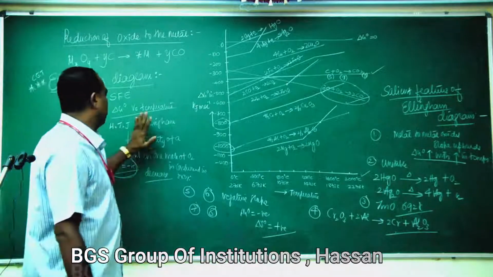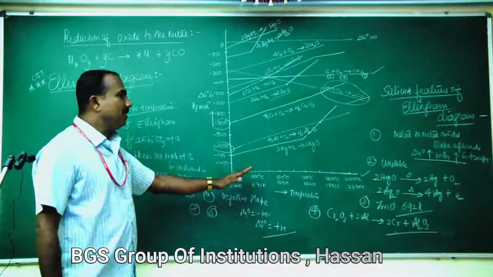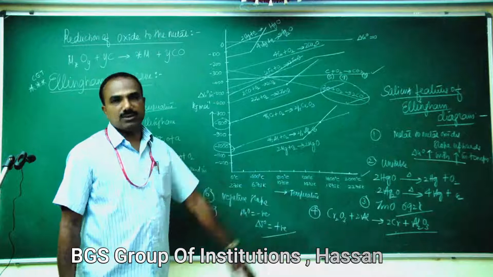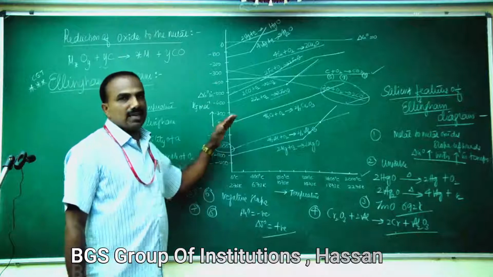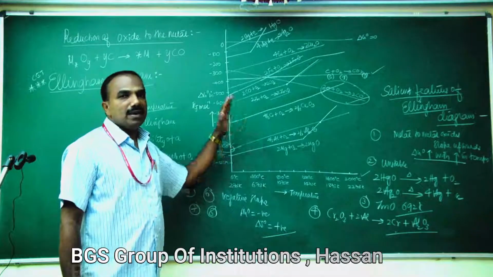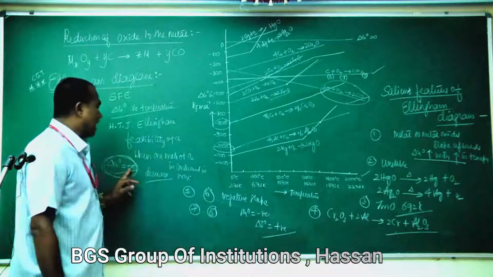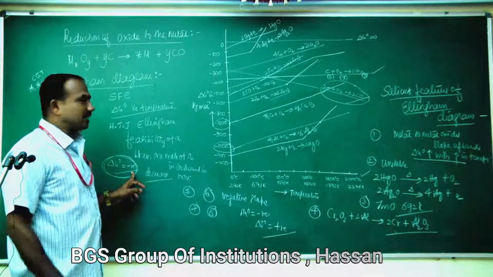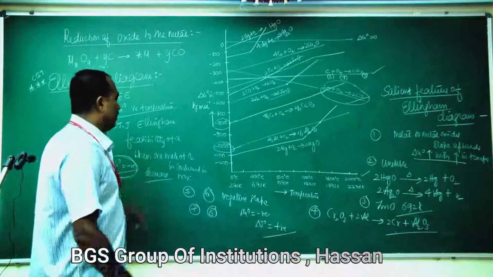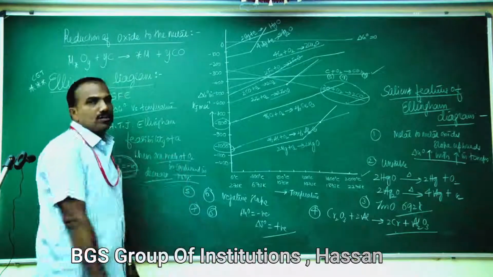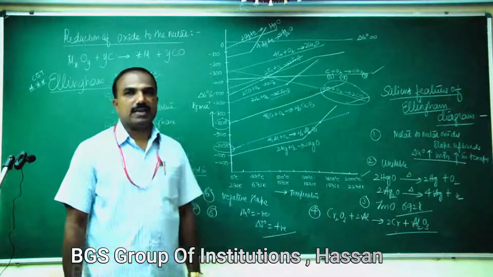Okay. So the Ellingham diagram is nothing but standard free energy change, delta G naught, versus temperature for the formation of various oxides of metals. This was given by H.J.T. Ellingham, which provides a sound basis for the reduction of metal oxides by choosing a proper reducing agent. The thermodynamic criterion for the feasibility of a reaction is that standard free energy change should decrease. This diagram is calculated when 1 mole of oxygen is consumed in every reaction. Okay, so this is about the Ellingham diagram. Thank you.